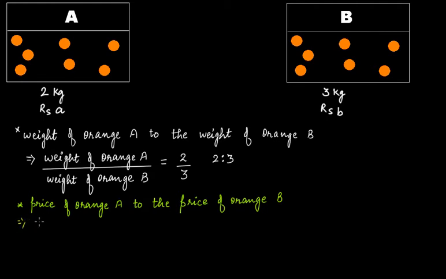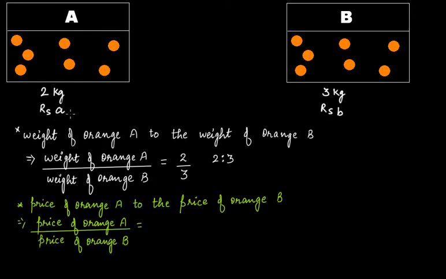So this will be price of orange at A to the price of orange at shop B, and this will be equal to,